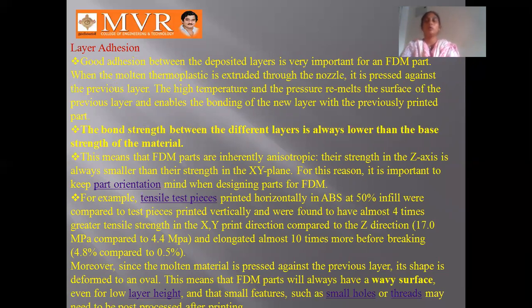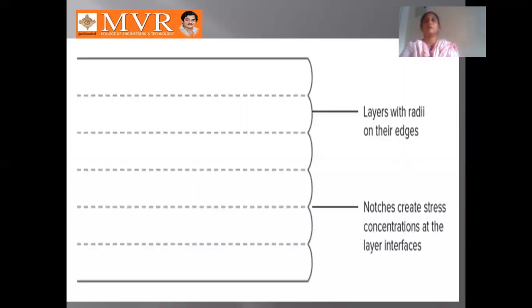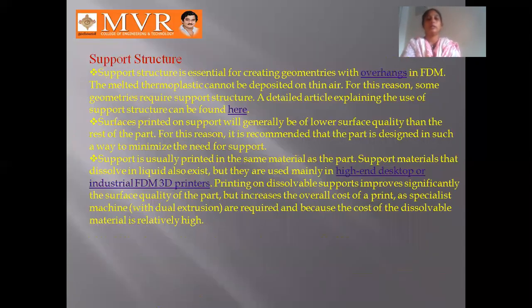And also the part orientation can be easily identified throughout the process in the x and y directions. In the FDM process, the base height is 200 microns at every corner of the part, and these sections can be identified through the different types of radius on their edges. And also the support structures can be determined throughout the process.